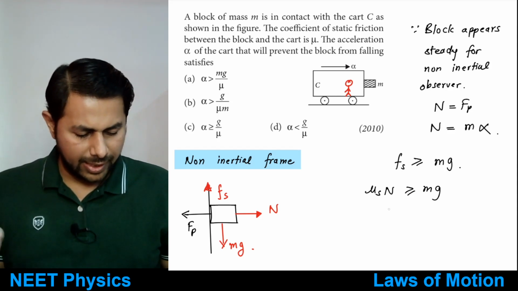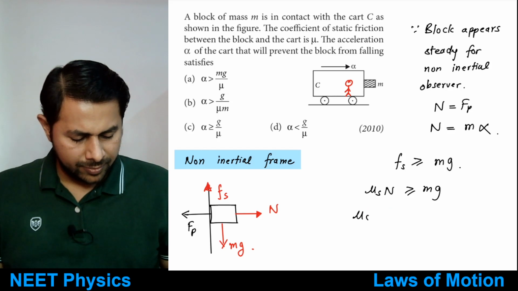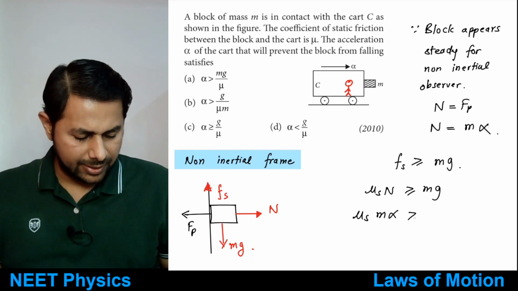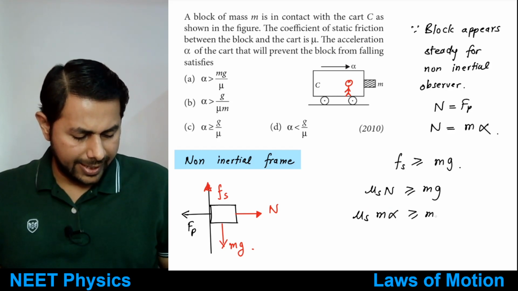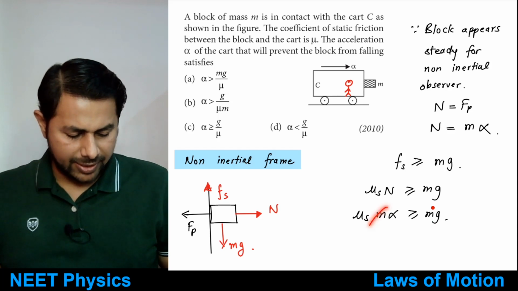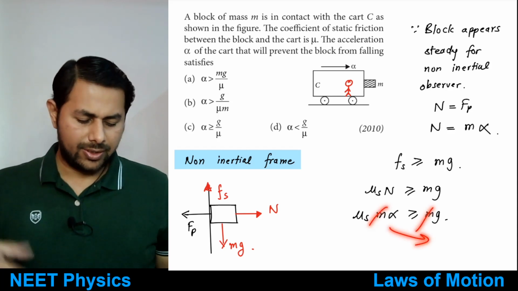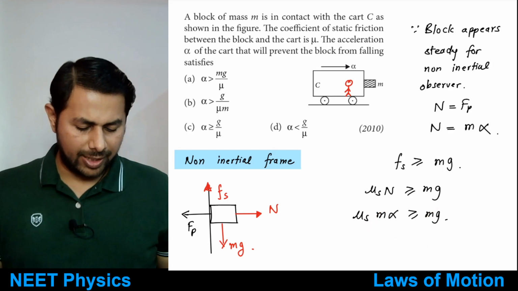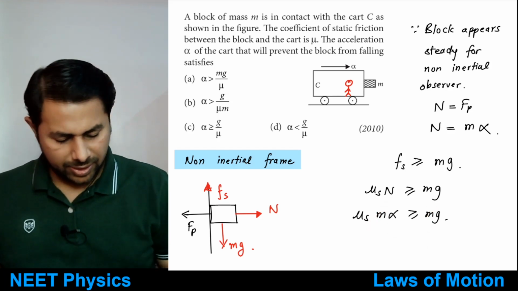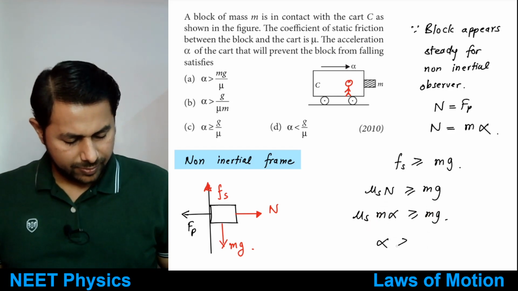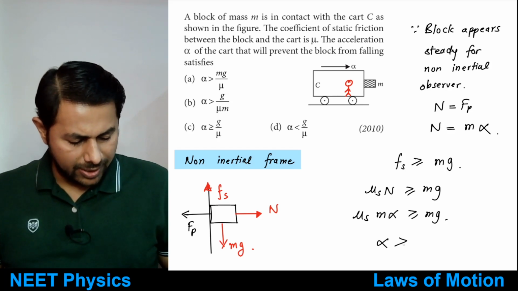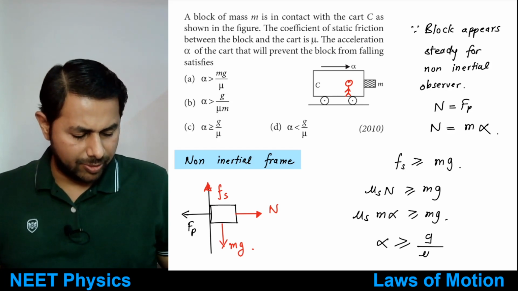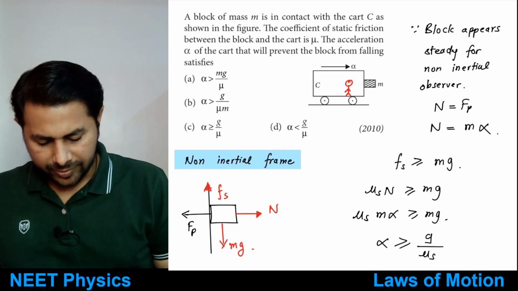So N is equal to m times alpha, that is greater than or equal to mg. m gets cancelled and you get mu s alpha is g, sorry, alpha is g by mu s. You wanted alpha, no? So alpha is greater than or equal to g divided by mu s. So that's the answer,